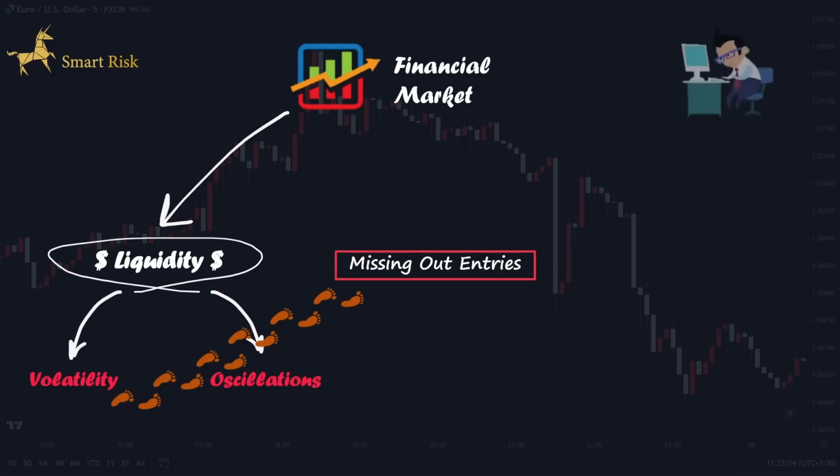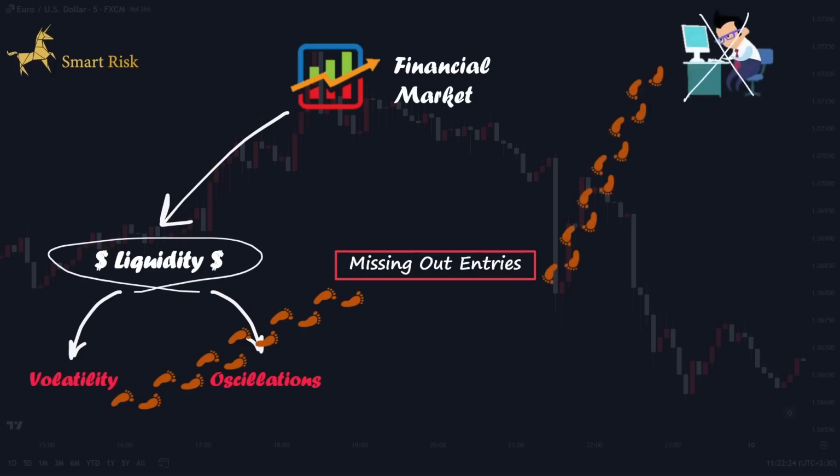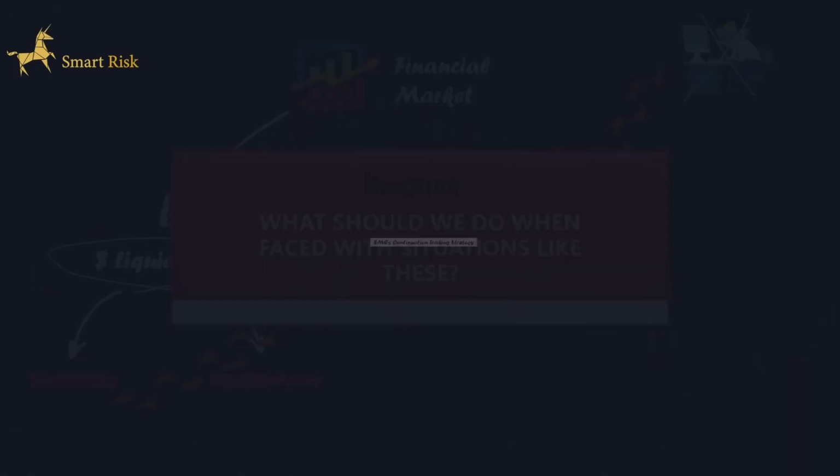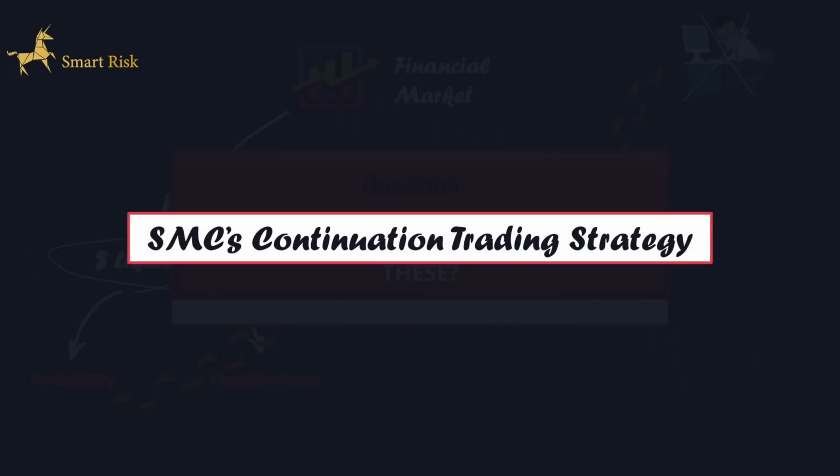Alternatively, traders may miss a trade because they are away from their screens when the price reaches their intended entry point. Interestingly, the price mitigates their recognized supply or demand zone and then proceeds in the direction they had anticipated. This raises an important question. What should we do when faced with situations like these? The solution is straightforward. We must utilize the Smart Money Concept's continuation entry strategy to enter the market and execute